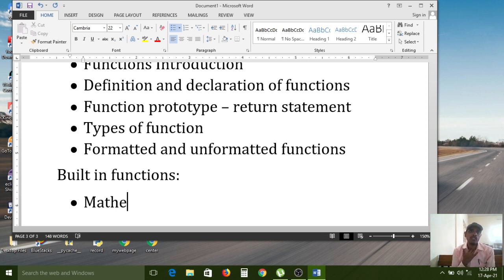Predefined means it has already been developed with the common method, with the common logic. So if you want to use it, you no need to write it, you no need to take the burden again to write the function. You just import that header file and you can use it in your current program. If you want to do any mathematical operations, some common mathematical operations have been developed and stored in the library. While that concept is going on, you can easily understand it.